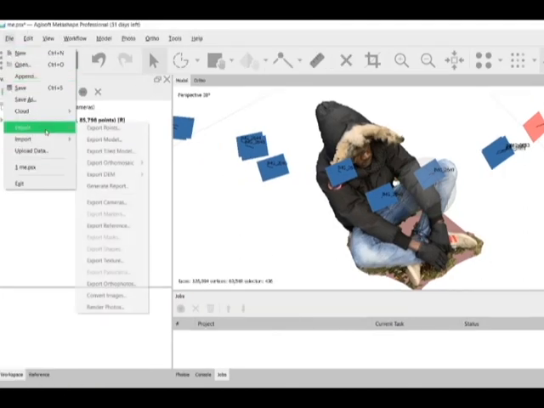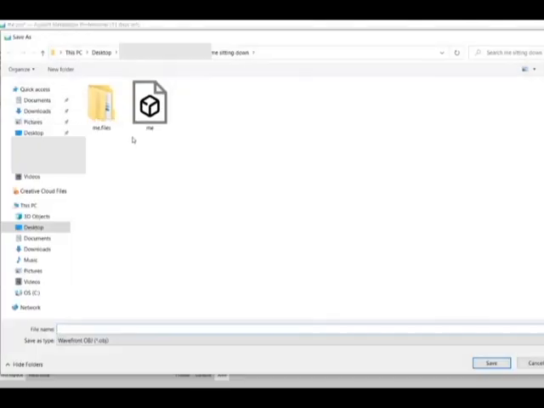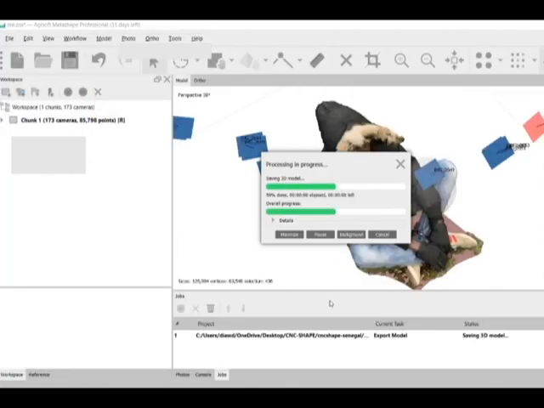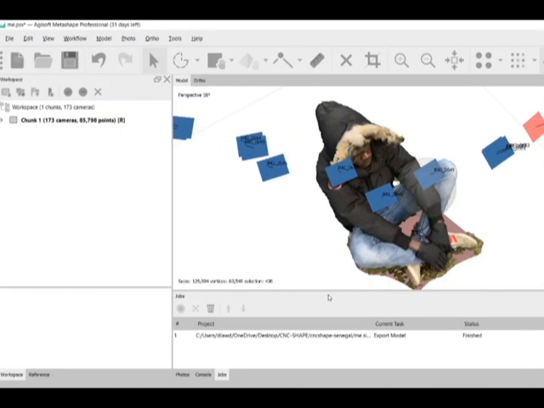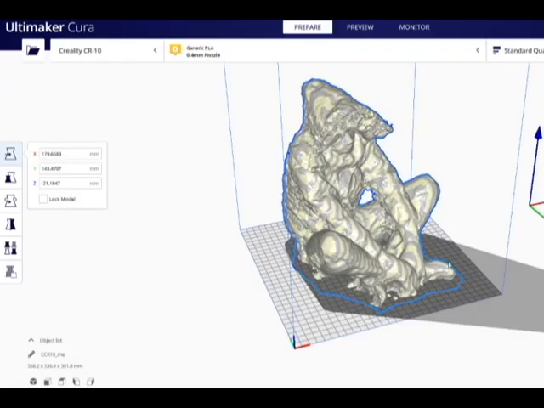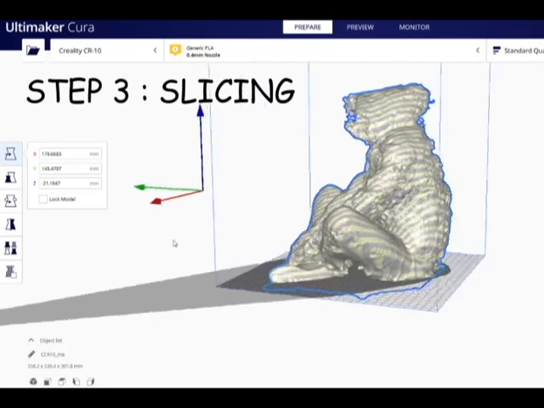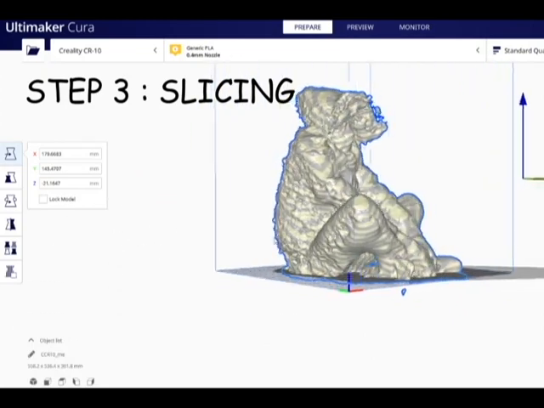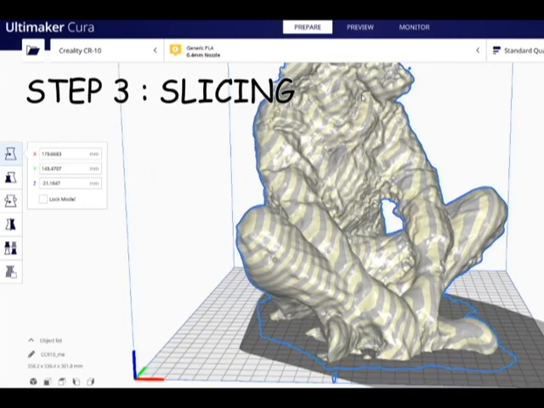Next step is to export our file into OBJ so it can be 3D printed. Let's do it. And here it is. Save it. So here's our object in the slicer. We're using a Creality CR6 SE.